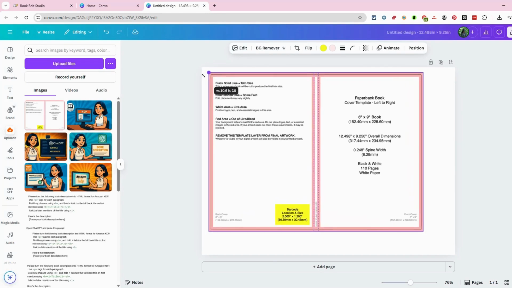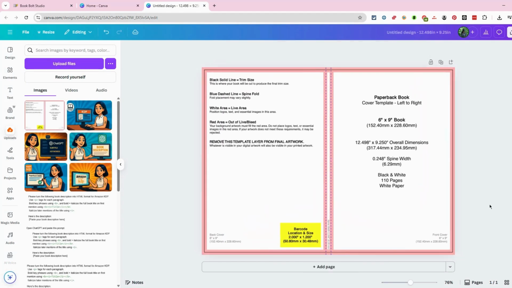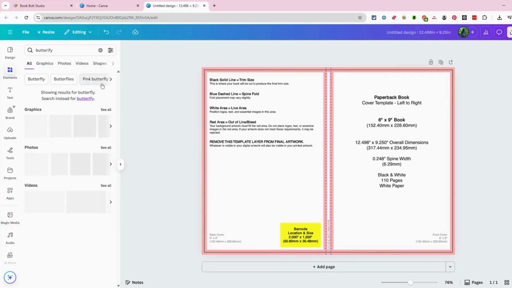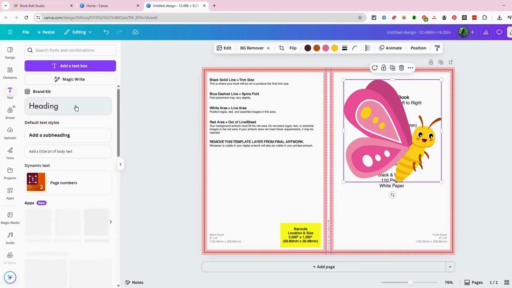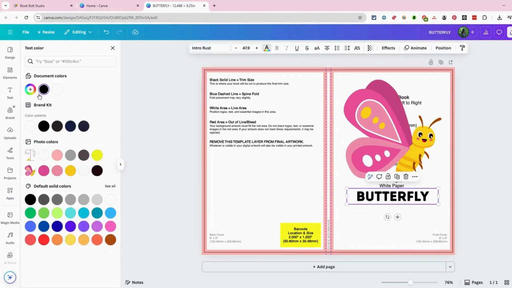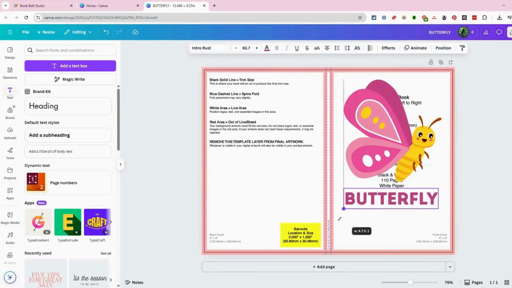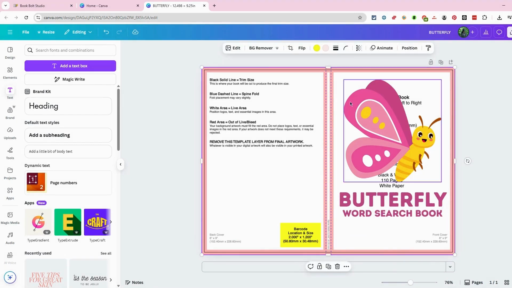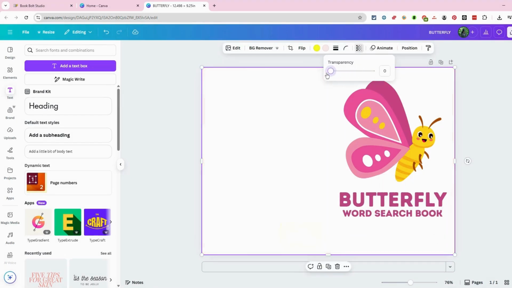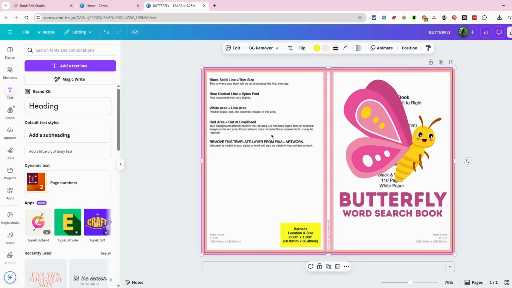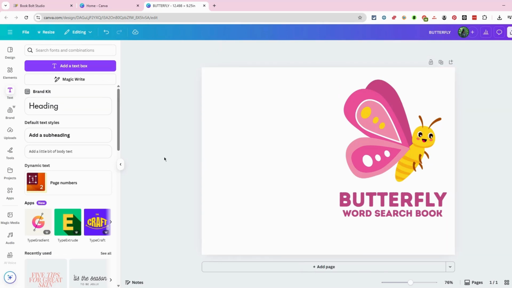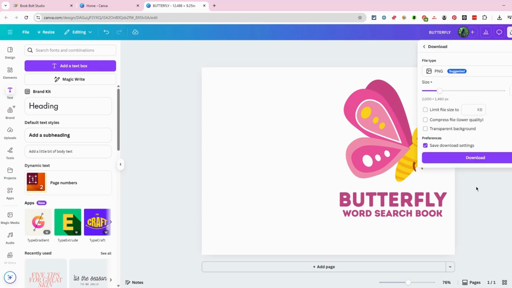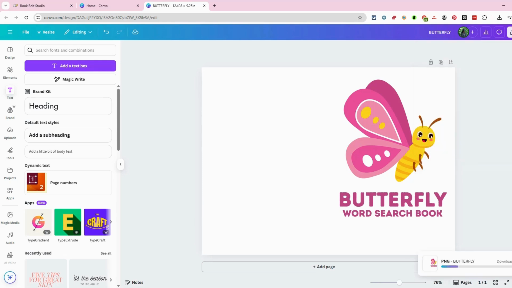Then upload the PNG template, drop it into your design, and align it to fill the canvas perfectly. You can add your title, background, spine text, all on top of that guide. Before you export your final design, make sure to delete the template image or set its transparency to 0%. You don't want that guide showing up in your printed book.